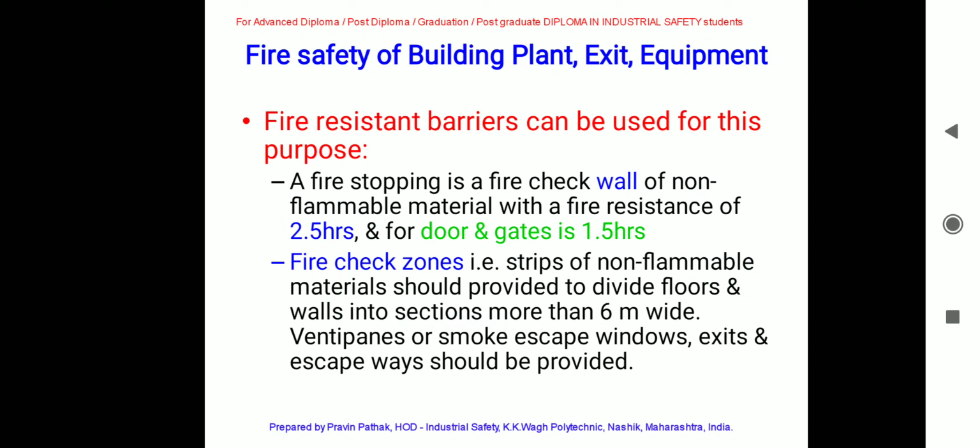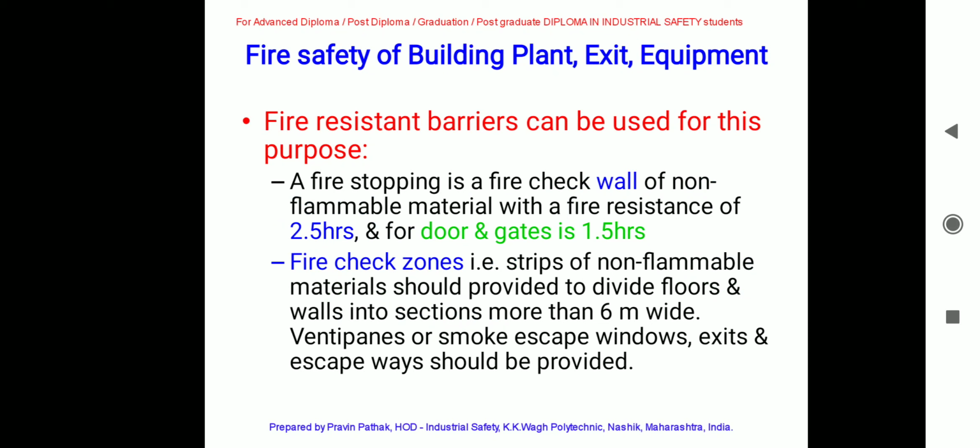So already discussed that thickness should be more where the fire hazard probability is more. For a fire resistance material or wall, minimum 2.5 hours time should be there. It means minimum 12 centimeter thickness should be there. And for doors and gates, it should be 1.5 hours minimum. So fire check zones, that is strips of non-flammable materials, should be provided to divide floors and walls into sections not more than 6 meter wide. Vent panes or smoke escape windows, exits and escape ways should be provided, because we know that